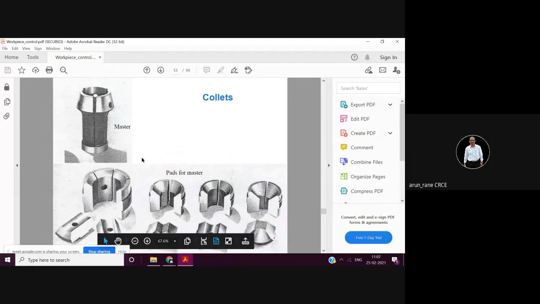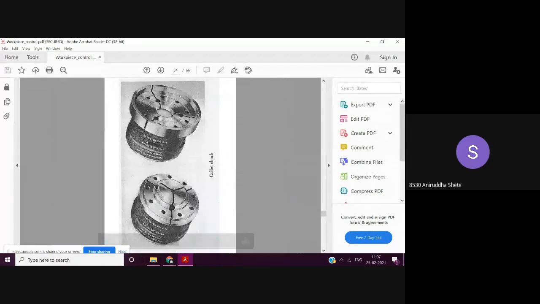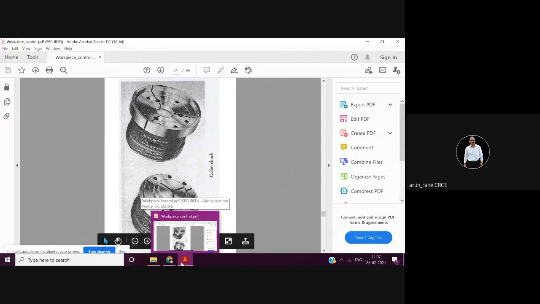And a collet need not be round, it can be square or it can be hexagonal. The only condition for the collet is that the component should be in bright condition. It should not be in black condition. Sir, what is bright condition? Bright condition means cold rolled. The material which is cold rolled or drawn in cold condition gives a bright surface. If the material is hot rolled, what happens? It gets oxidized and there is scaling on the surface.